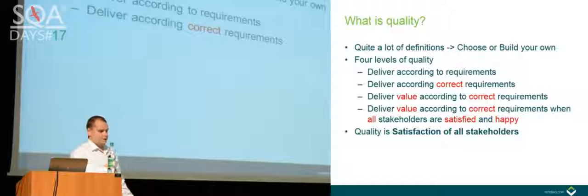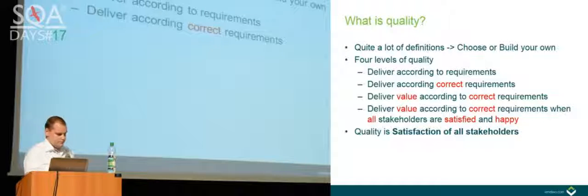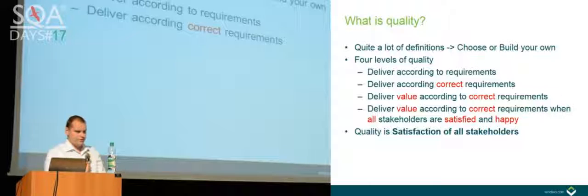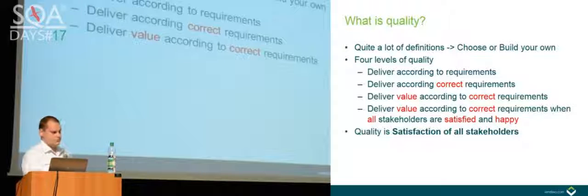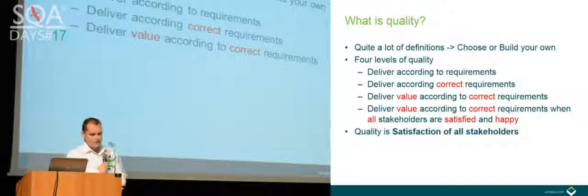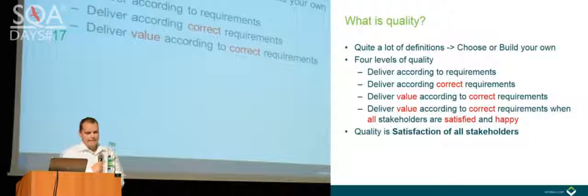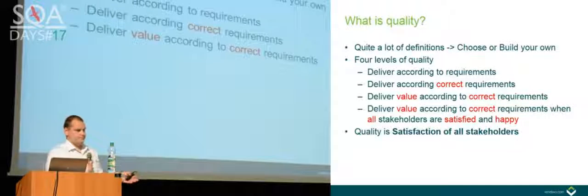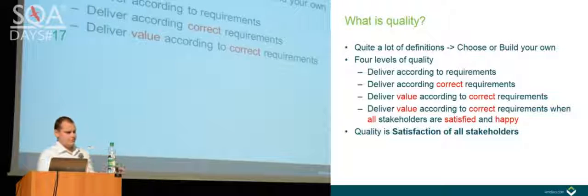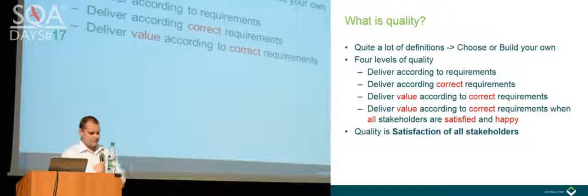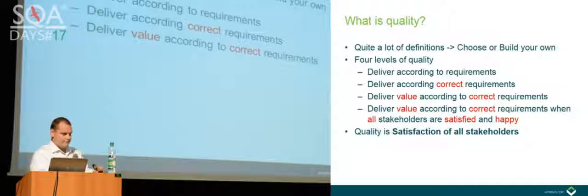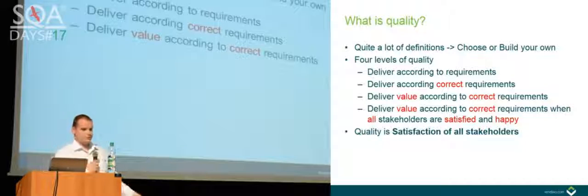So the second level is to deliver according to correct requirements. Now we are basically at the time when monkeys start to think, and we start to ask questions, like what am I developing? Do I have everything that I need? And sooner or later we ask ourselves the most important question: why am I doing that? So now we are aiming to deliver value according to correct requirements, and we can demonstrate it on user stories, for example, because a user story has 3 main parts. As somebody, I would like to deliver something to achieve some goal, and actually the something part is the least important. The most important part is